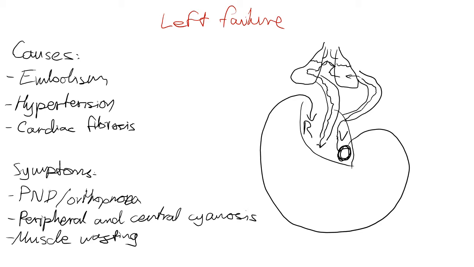So in review, we firstly looked at right-sided heart failure, which is caused by right-sided dilatation, which causes systemic symptoms due to pulmonary causes. And then we looked at left-sided heart failure, which is due to systemic symptoms, and it causes pulmonary effects. And eventually, left-sided and right-sided heart failure can both cause biventricular heart failure, but left-sided heart failure causing this is much more common because of the small nature of the pulmonary circulation as opposed to the systemic